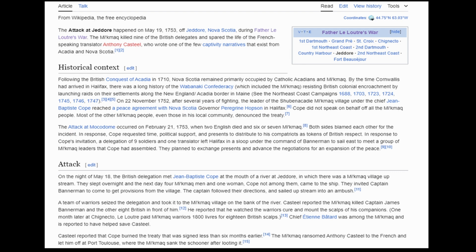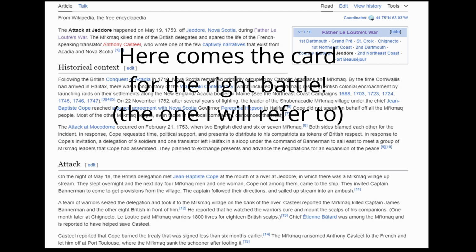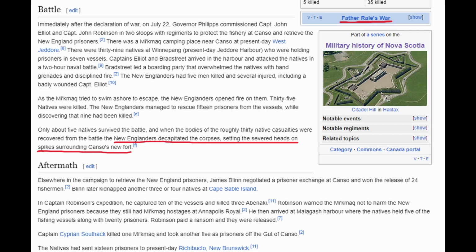So what I know about the battle is, at the time, the Micmac indigenous natives were being contracted by the French to attack British settlements in Canso, Halifax, basically all of the British settlements that have a star fort now, or a citadel, whatever they call it, a fortification, which also includes fortified towns, like Louisburg. Anyway, the Micmac were contracted to raid and do damage to the British to stop their occupation, which is something that we've been tremendously lied to about, by the way. The natives really get the short end of that stick, and the French and the British deserve it. But anyway,